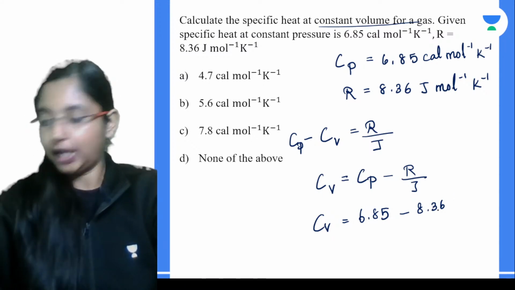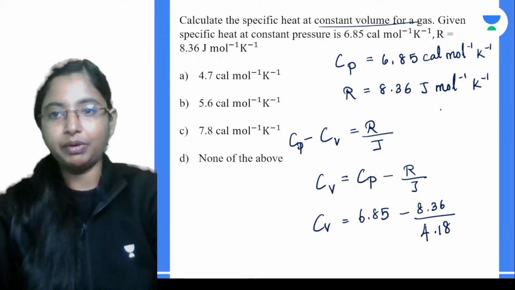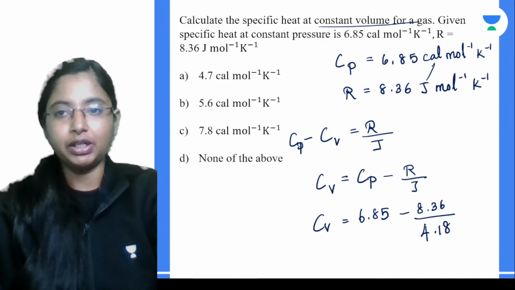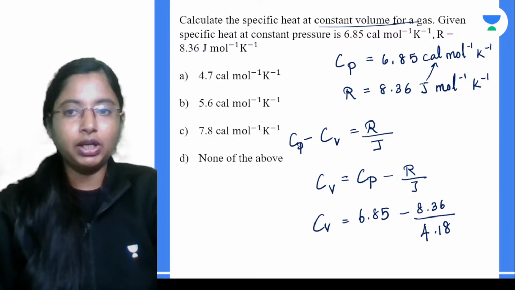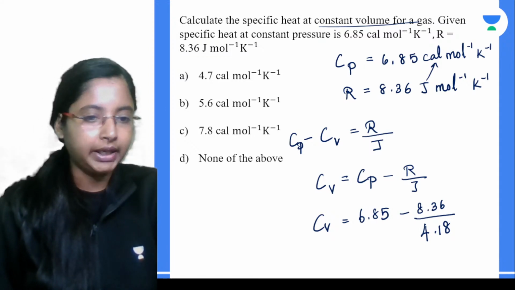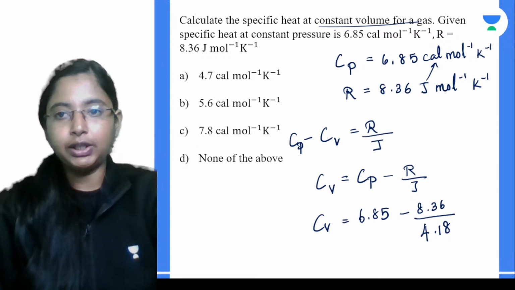So here we will end up having 6.85 divided by 8.36 divided by 4.18. Just divide by 4.18. Why are we dividing? We are converting from joules to calorie. Very simple. If you want to convert from joules to calorie, divide by 4.18. If you solve for this quantity, all of the units become